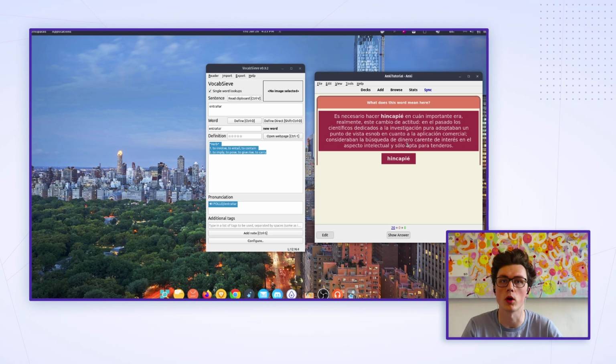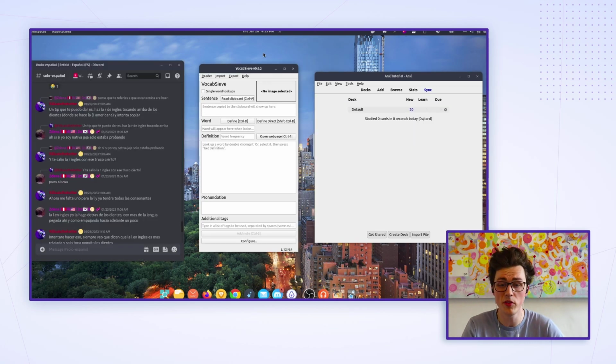Let's take a look at another workflow we can do. The cool thing is that because Vocab Sieve works off text and copying to clipboard, you can use literally anything that has selectable text. So here I am in Discord, for example, and if you see two people having a conversation in your target language and you want to capture some of their sentences, you can just select it, do Control C, it'll pop up in here, and you can double click on the word that you want to look